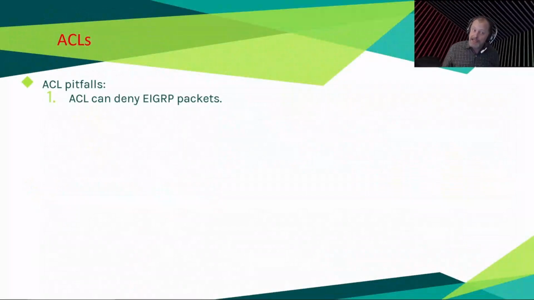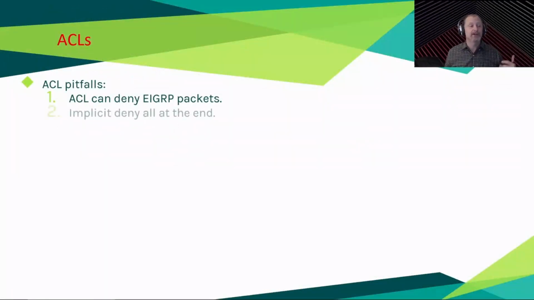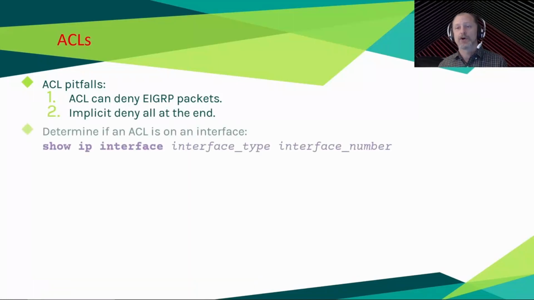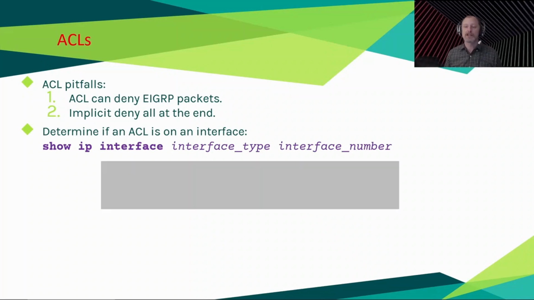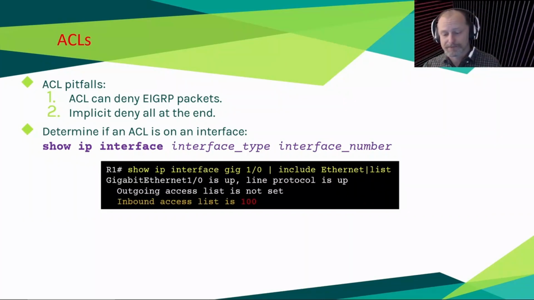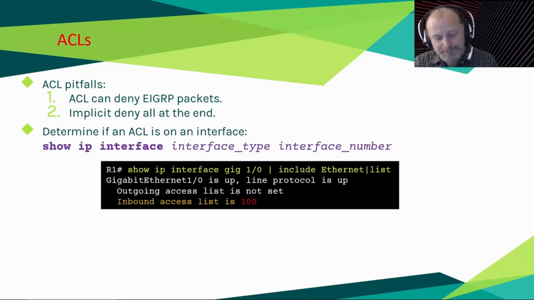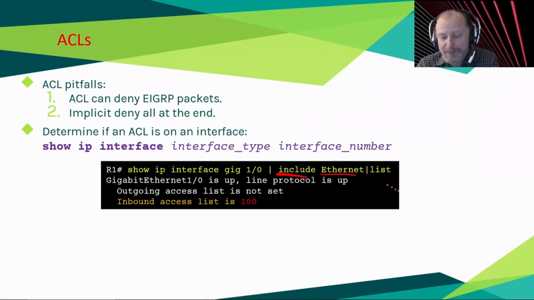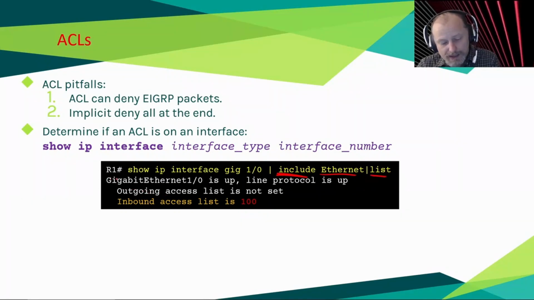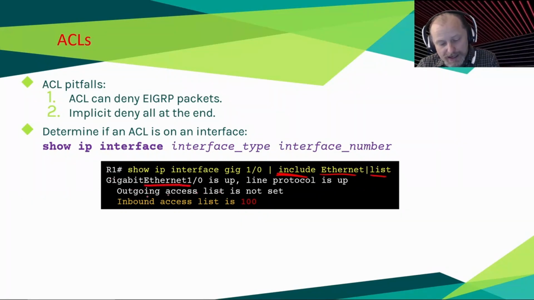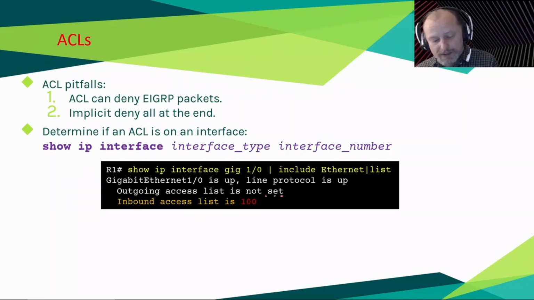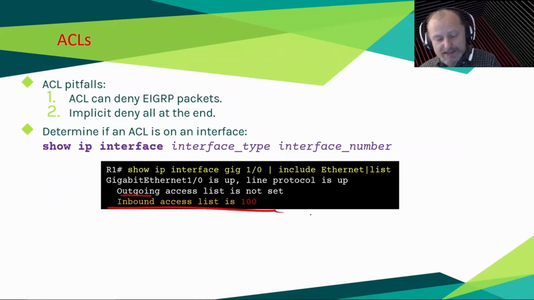ACLs can deny EIGRP packets, including the often forgotten implicit deny at the end. So the show IP interface will show you if there's an ACL applied to the interface. So we're going to do an include. Give me any line that starts with Ethernet with a capital E or the word list. So Ethernet, list. Okay, so we can see here